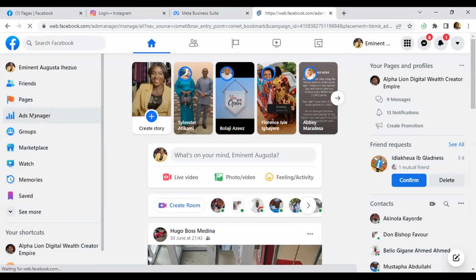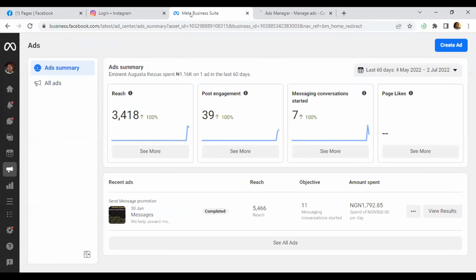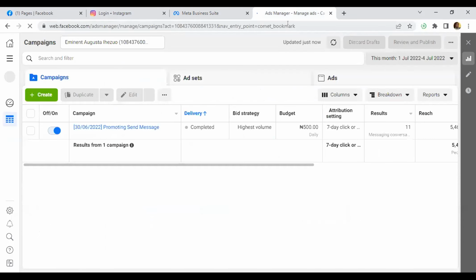You can run adverts from your personal Facebook account, going to the option saying Ads Manager. You can run it from there, or you go to your Facebook page, go to the option saying Ads Manager, and you run from there. So this is Ads Manager. They say create ad at the top. You can see where to create ad. Okay, but professionally,